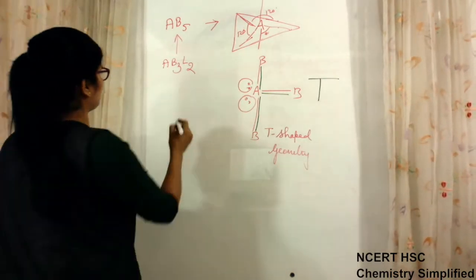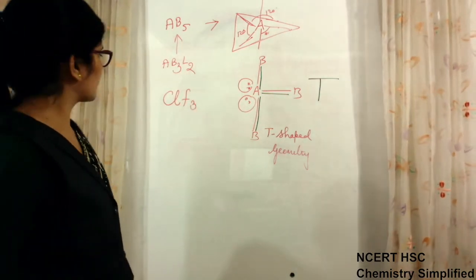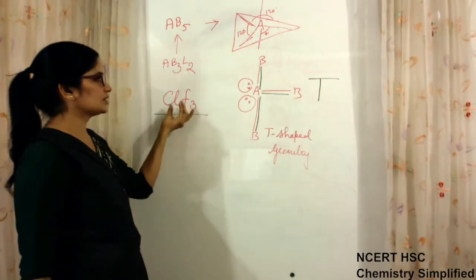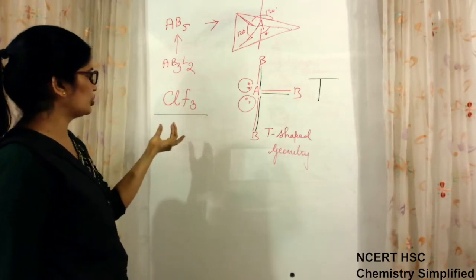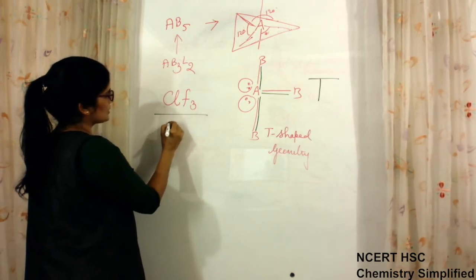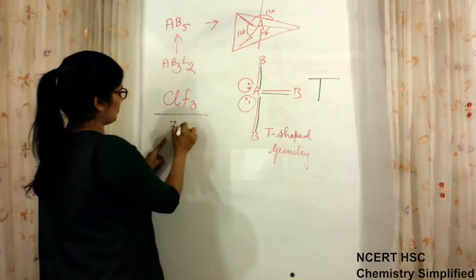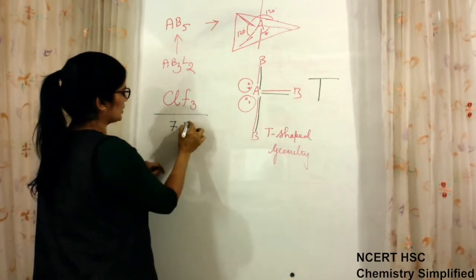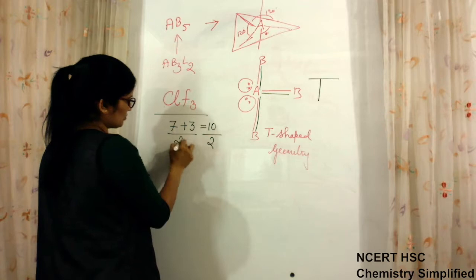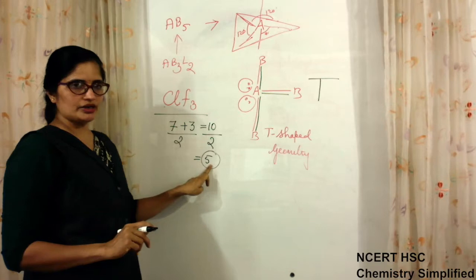Example ClF3. ClF3. Okay. Now ClF3, again, if we get this in exam to write the geometry for this molecule, again we'll proceed the same way. Cl valence electrons are 7 because all halogens have valence electron 7. 7 plus side atoms bonded by single bond 3. 7 plus 3, 10 by 2, this also by 2, so comes 5 pairs. 5 are the total pairs obtained.